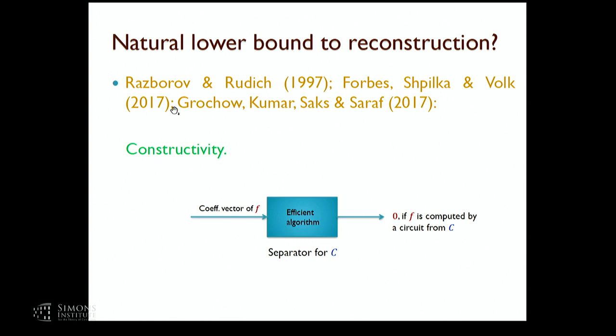So one interesting feature of natural lower bounds is the constructivity feature, which already gives a headway towards efficient reconstruction: inside the lower bound there's an efficient algorithm which is at least able to recognize the fact that f has low circuit complexity. Right? Given the list of coefficients of f, it would output 0 if f has low complexity. So it's kind of a separator for this class C. The question is whether one can strengthen this or build on this kind of separator algorithm and turn it into a full-fledged learning algorithm. Now